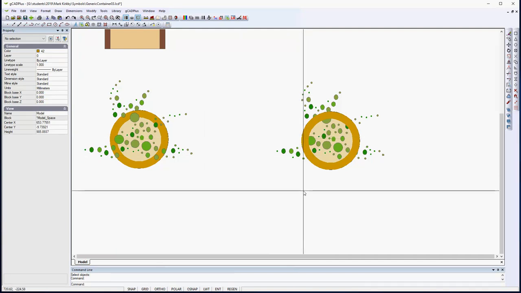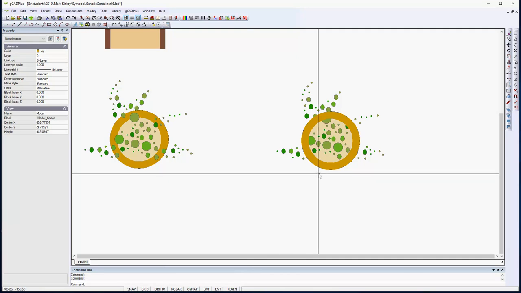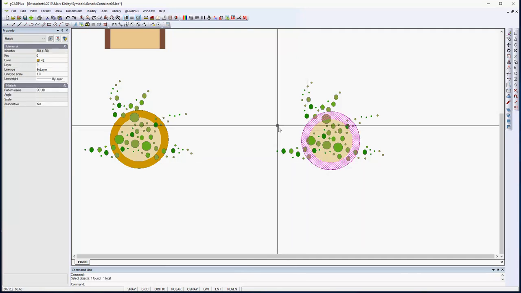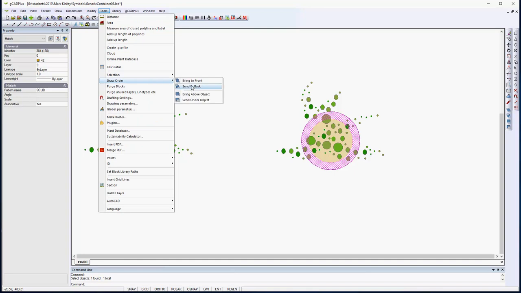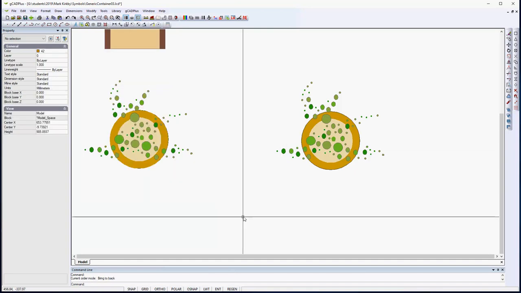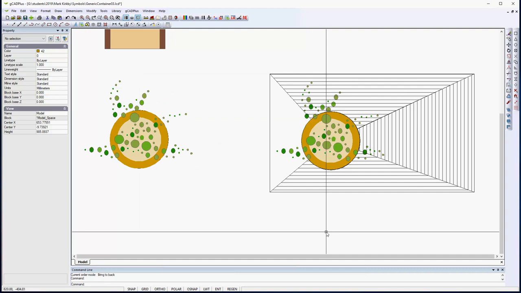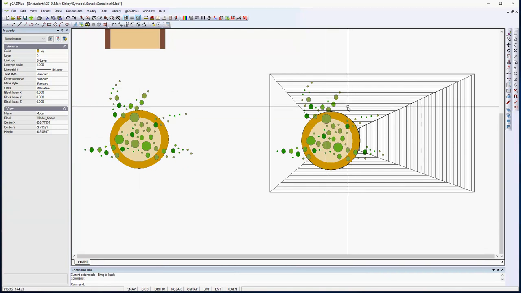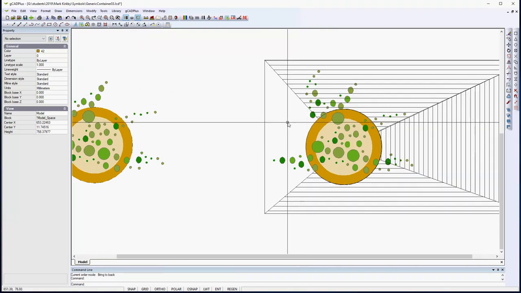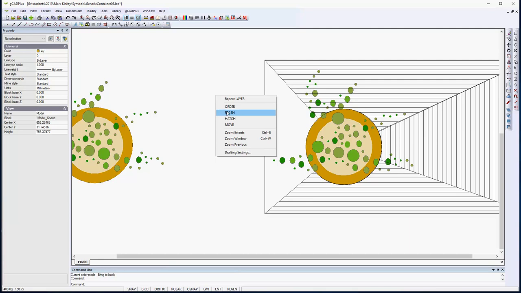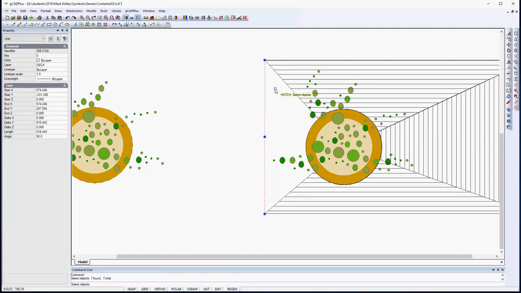We might wish to just regen the screen, pick that outer one and send it to the back, and we're done. Well, hatching doesn't always work as easily as that. Let's turn on a deck layer where we've got some more complicated geometry, and you can see we're running boards at different angles. If we apply the hatch command again, it would be nice to select